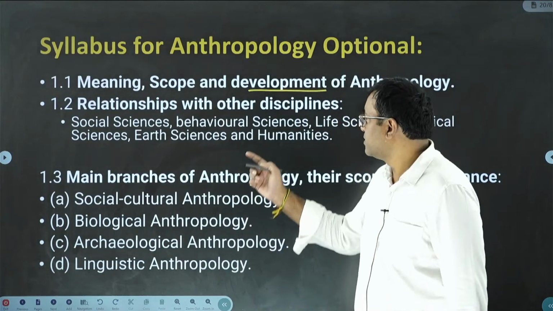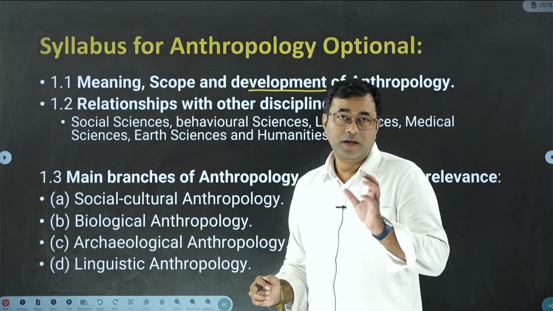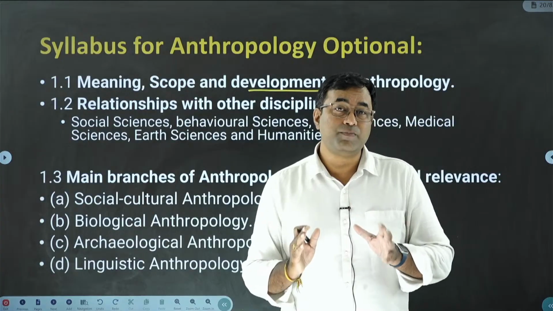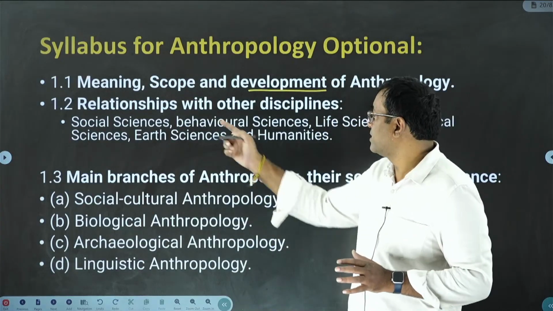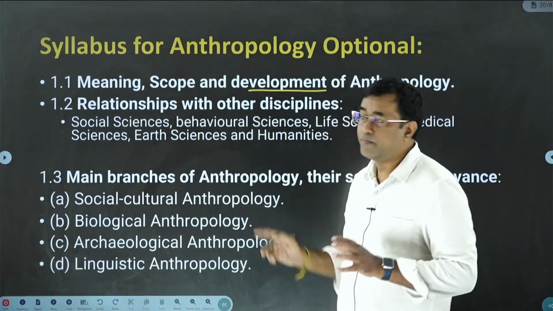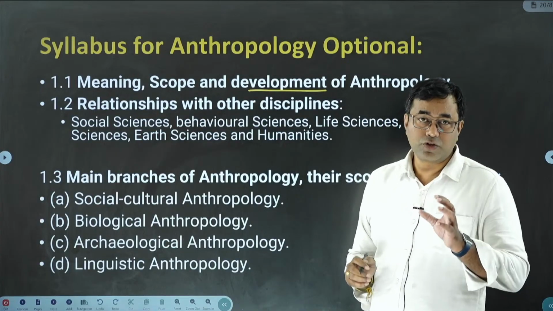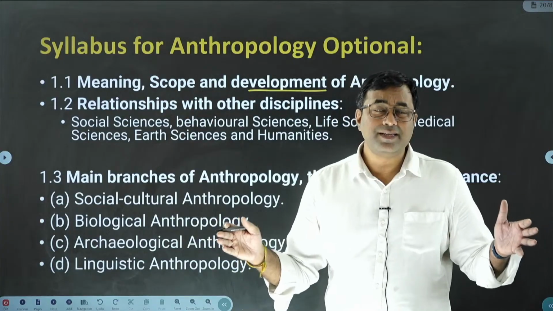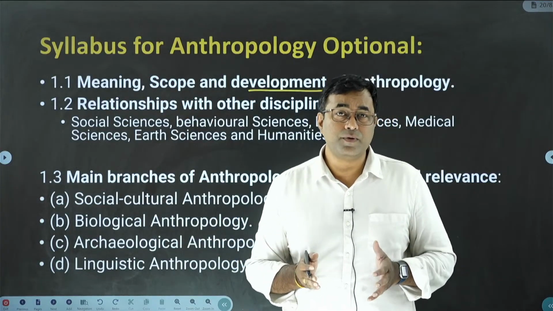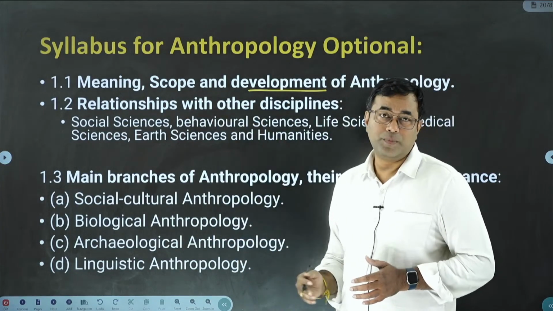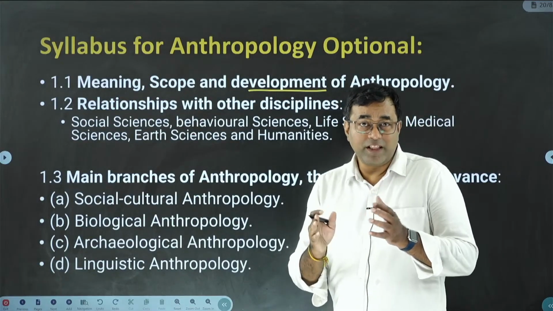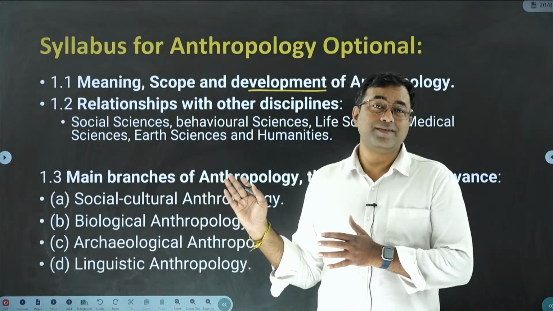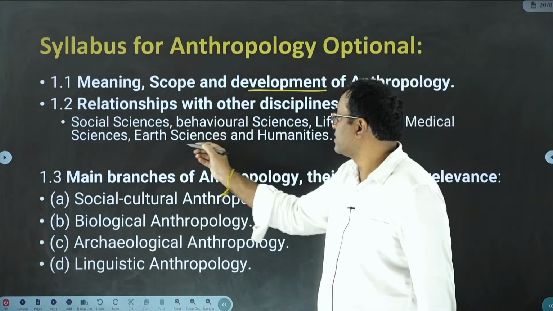So in this first chapter we will try to understand how anthropology has evolved over a period of time as a discipline. That will be discussed in meaning, scope and development of anthropology. Scope means in how many branches and different applications the concept of anthropology can be useful. Development means the development of anthropology as an optional discipline. So that will be discussed. Next,